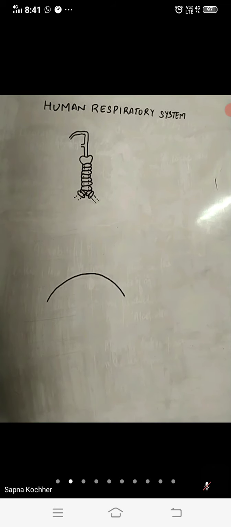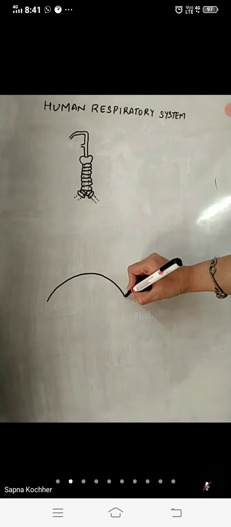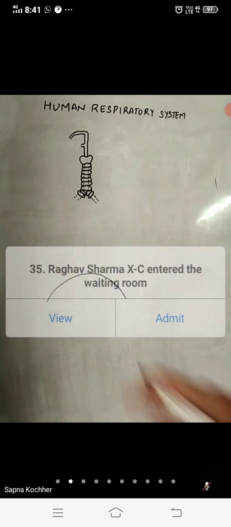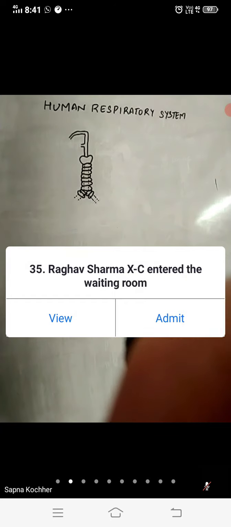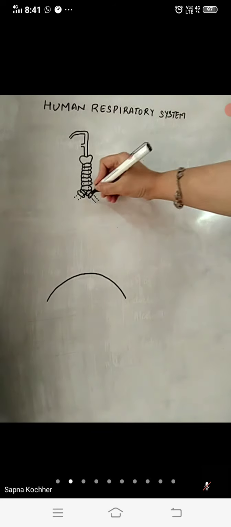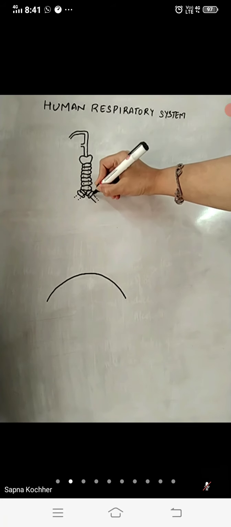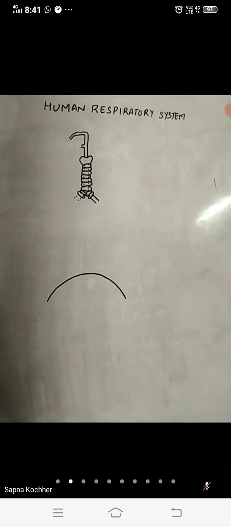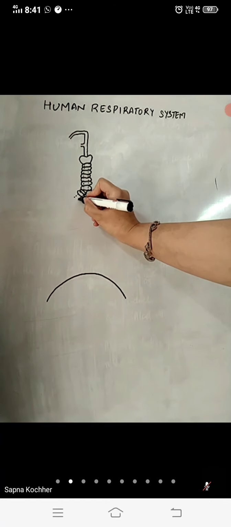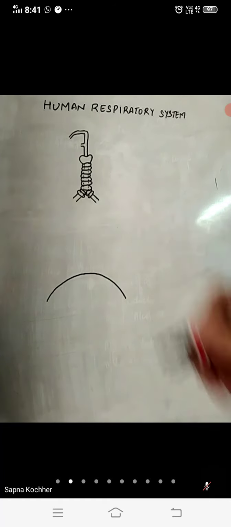Now when you are done with the diagram of this diaphragm, we will thicken this afterwards. Firstly, focusing on the shape of the lungs now. These are the bronchi which are arising. Now they are visible, that is why I have made them with a solid line. After the cartilaginous rings, they are visible now.